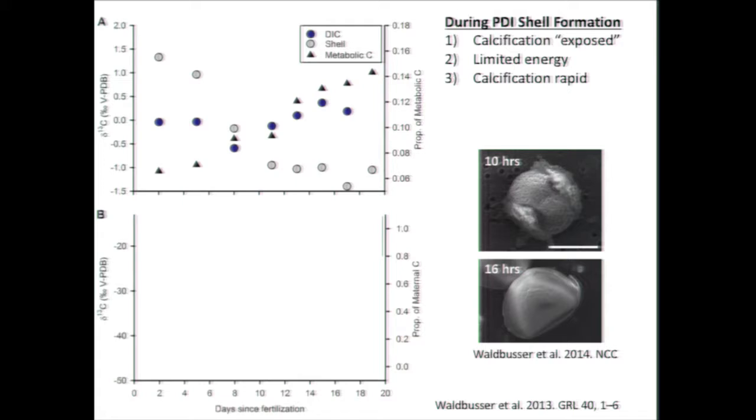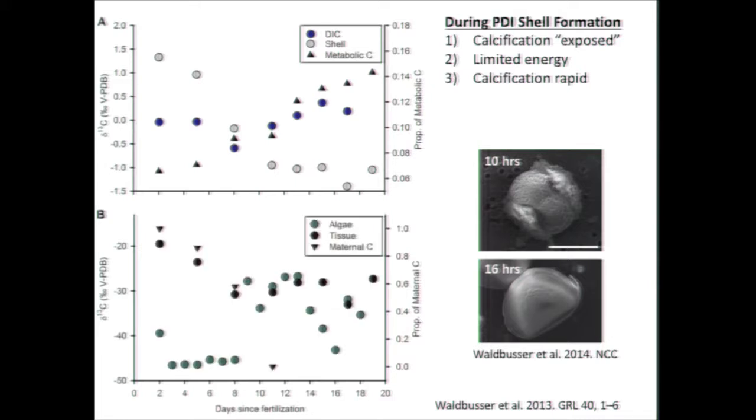And as they progress out later, a much higher proportion of that is metabolic CO2, despite the fact that during this early development, we know they have exorbitantly high respiration rates to support all this development. You can look at this in the tissue as well, just to get some idea of the energetics.